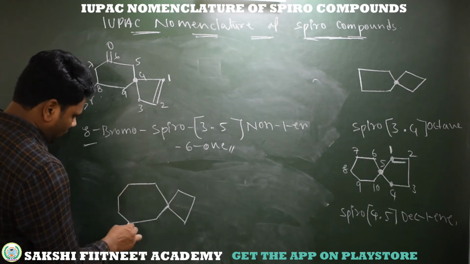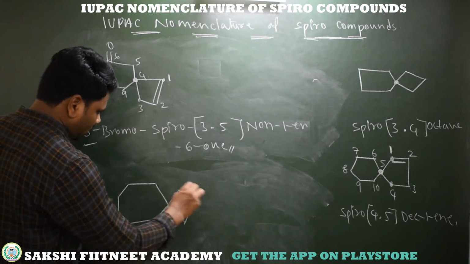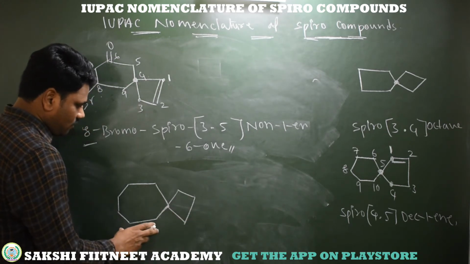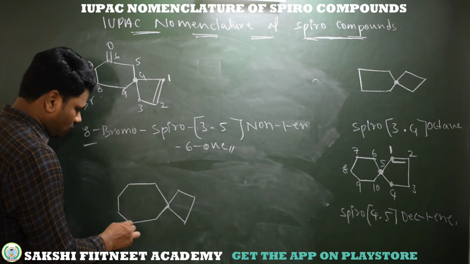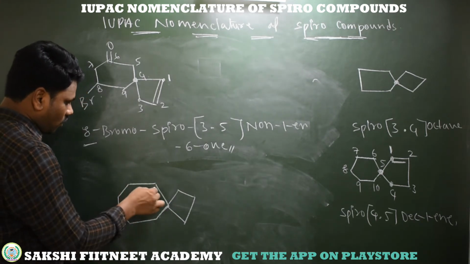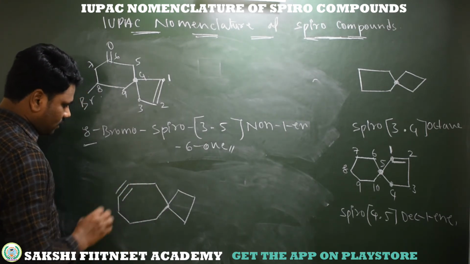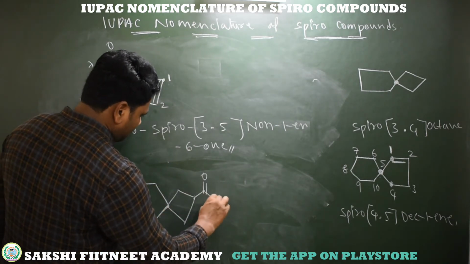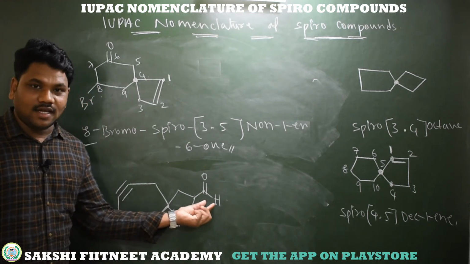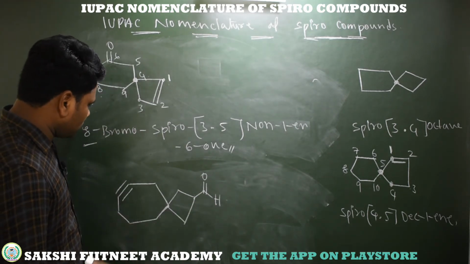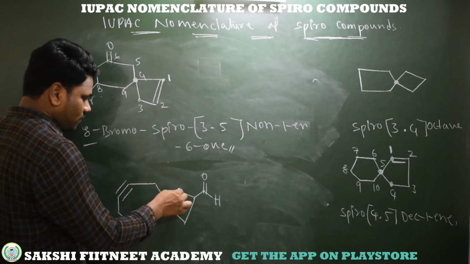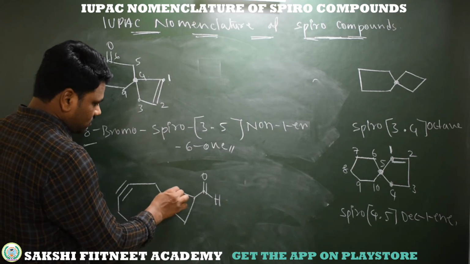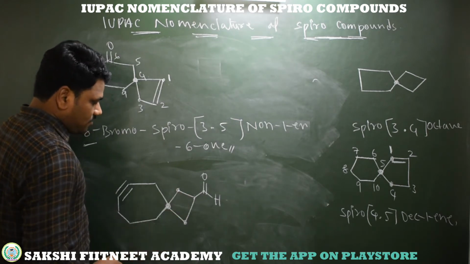1 2 3 4 5 6, 1 2 3. So here on the right side we have 3 carbons other than this common carbon in this cyclic ring. Here we have a total of 1 2 3 4 5 6 carbons in this ring. Now I am taking unsaturation at this carbon, and here I am giving an aldehyde functional group at this carbon. Now we must give numbering to this compound, from the carbon which is adjacent to the spirocarbon. Here this is a carbon which is adjacent, this is a carbon which is adjacent.